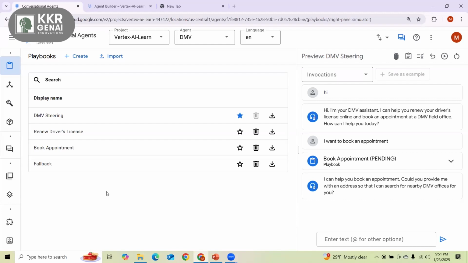Recently they have opened these conversational agents, which are in preview stage, which is a very good tool, because you can now leverage both the Agent Builder aspects and have a structured format. A lot of people are using this now,